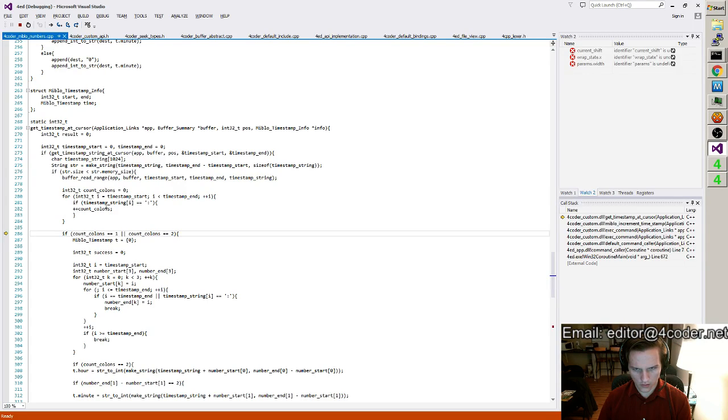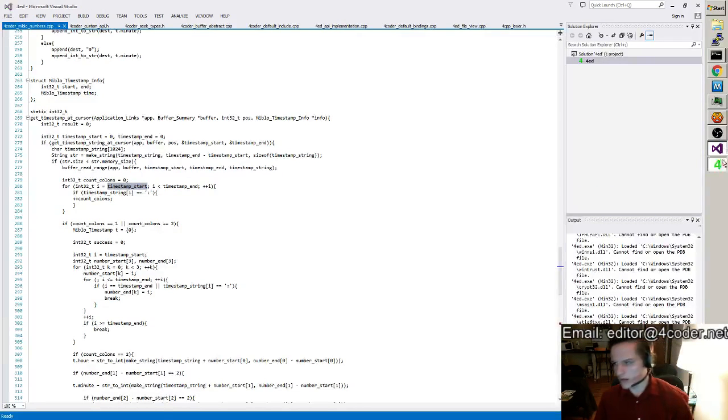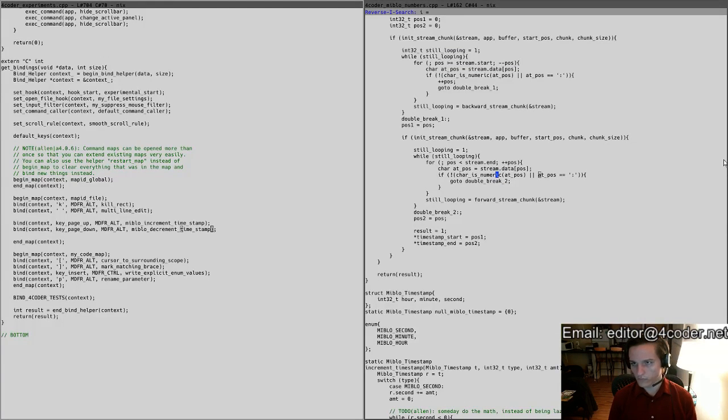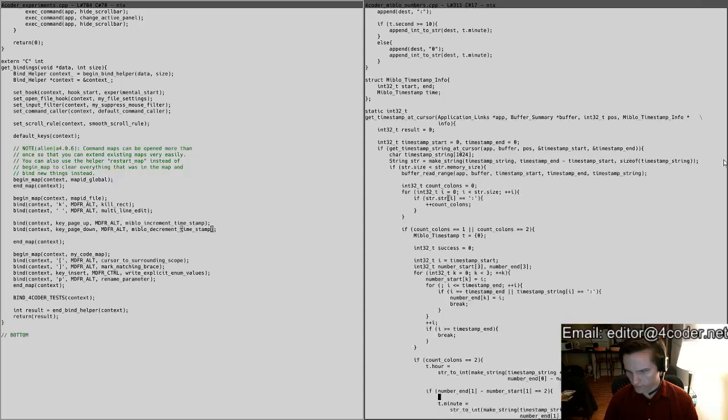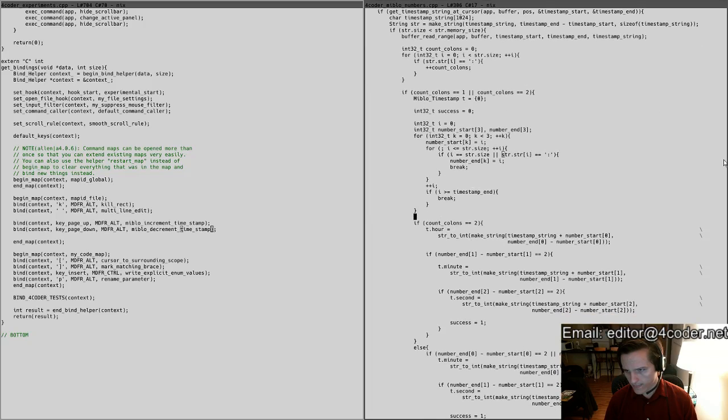Timestamp string I equals, oh, oops. Okay. Timestamp start is not good. That should be 0 to string size, and this here should be string. Timestamp start should be 0. I is less than or equal to should be string size. String. This here should be